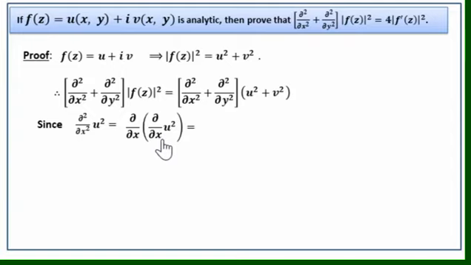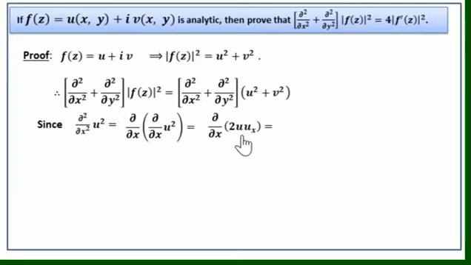So what is the derivative? It is ∂/∂x of, differentiating u² with respect to x keeping y constant, the derivative will be 2u ∂u/∂x. So we get ∂/∂x of 2u ux. Next, differentiate 2u ux with respect to x partially. Now here u is a function of x and ux is a function of x. So 2u ux is a product of two functions. The first function is 2u, the second function is ux. We can use the product rule and differentiate.